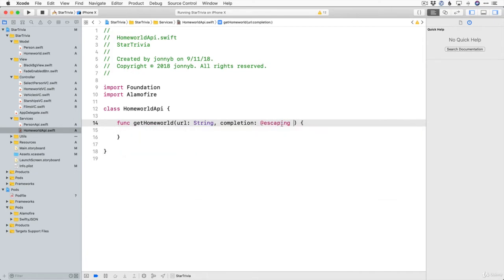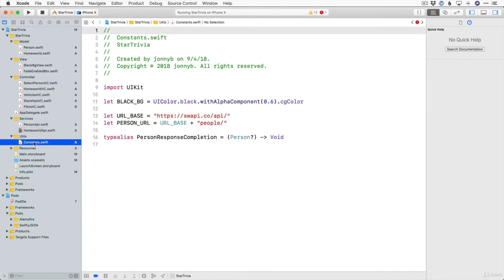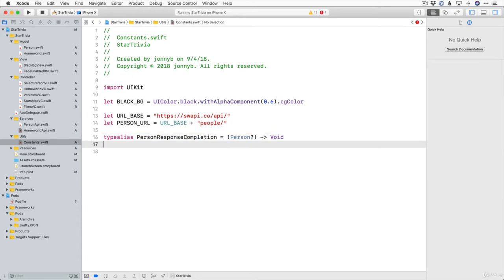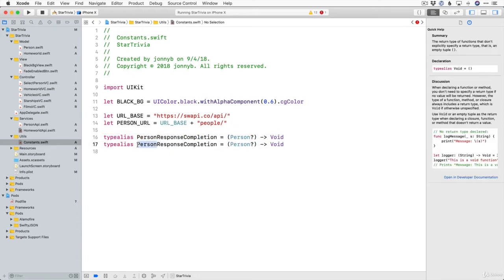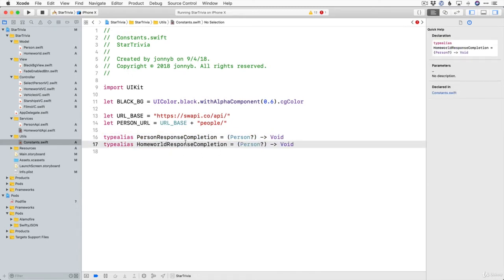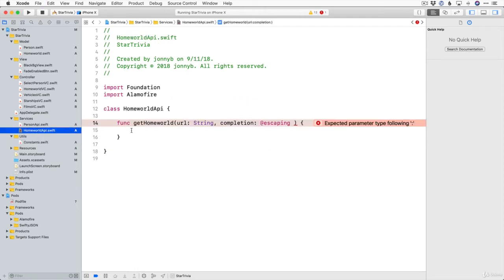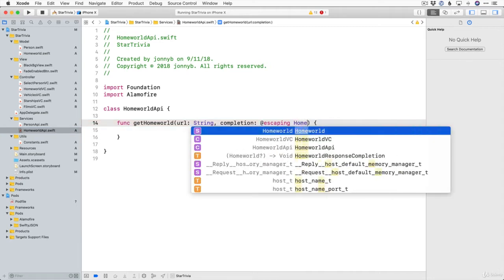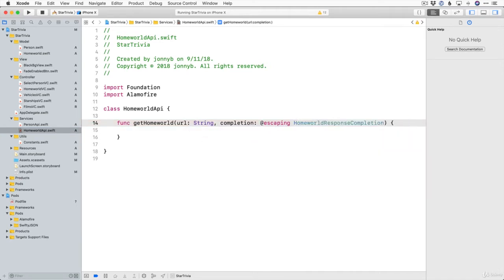And let's go ahead and create a new type alias. And we have our other type alias here in our utils folder under constants. And I'm just going to copy this type alias and paste it, and let's call this HomeworldResponseCompletion, and this is going to be taking a Homeworld structure object. All right, let's save that, come back into Homeworld API, and go ahead and put that right here, HomeworldResponseCompletion. Great, now let's go ahead and